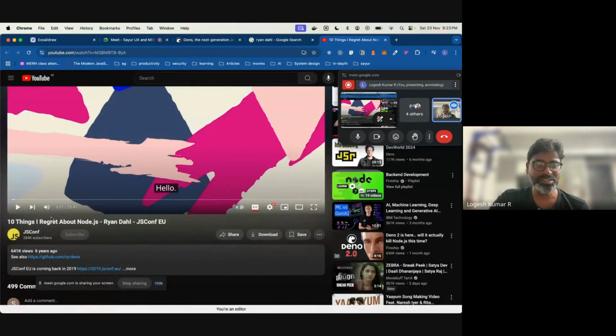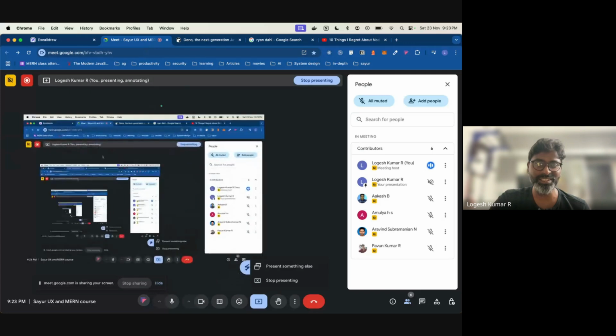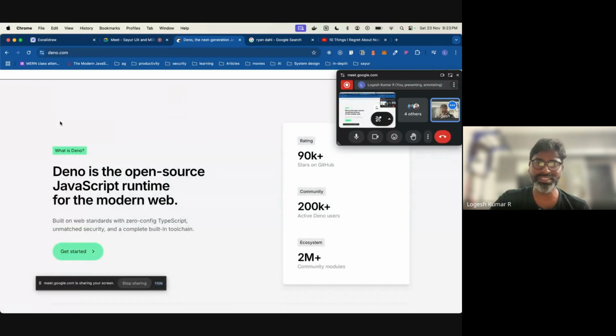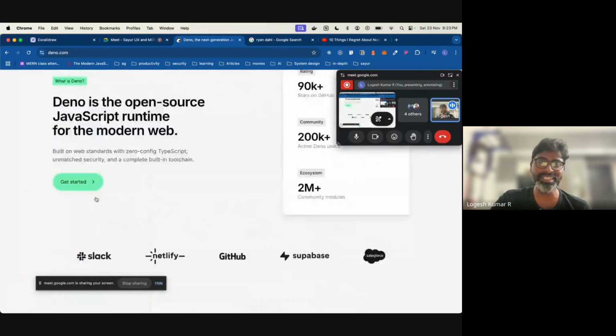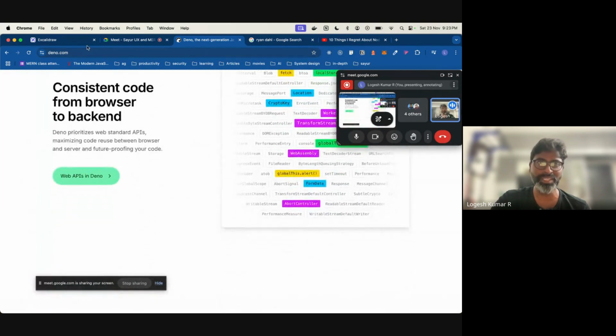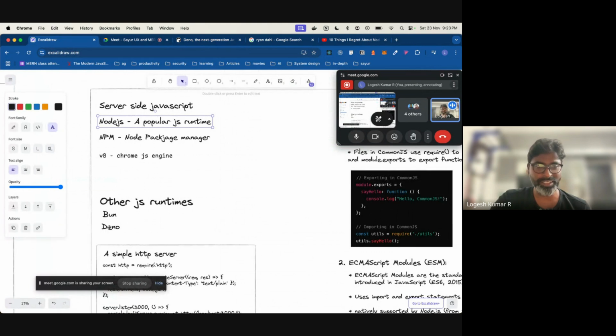But still, the founder of Node.js decided to go ahead and create a new runtime called Dino. Now this is being popularized. People are starting to adopt it, but it did not get full adoption. But this is a very awesome runtime. Dino is another JavaScript runtime like Node.js, created by the same founder of Node.js. And there is another thing called